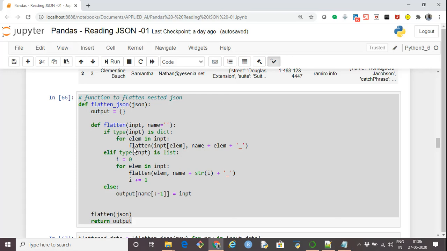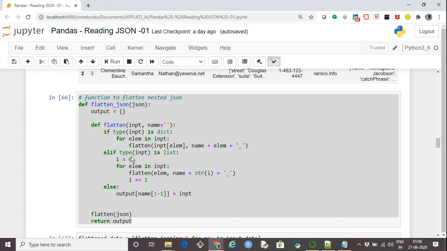If the input element is a dictionary, it goes through each element of the dictionary and creates a new name like the main name, underscore, and the next name, so a hierarchical structure is created.